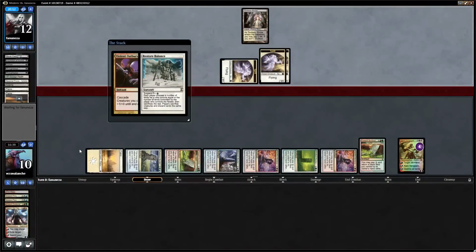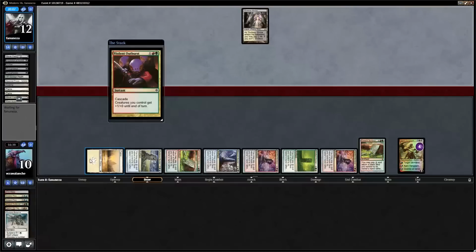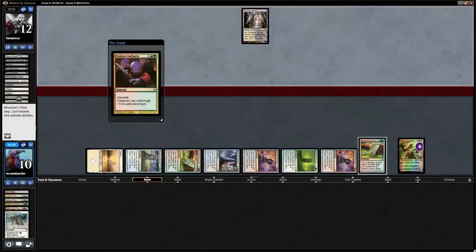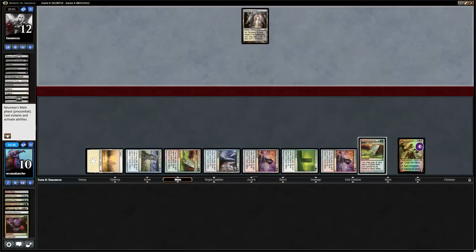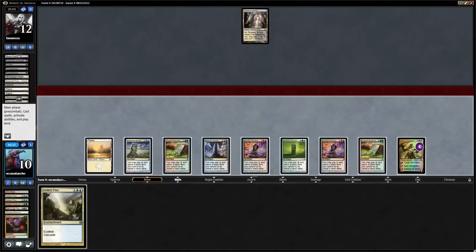Oh geez, I forgot to get rid of planes. Yep, I should have. It's fine. He's left with 1. So I shouldn't have played the plains, bounced back the plains or something. So he is left with 1 land, but we're in great shape. There's an Ardent Plea too that can...